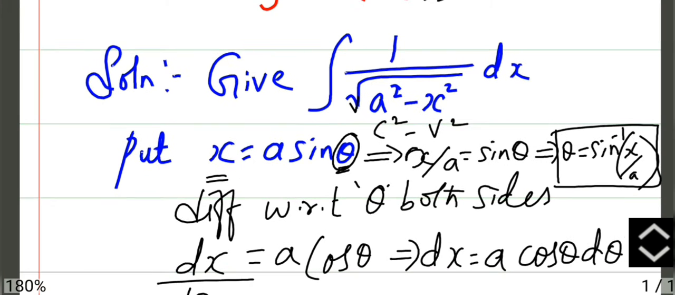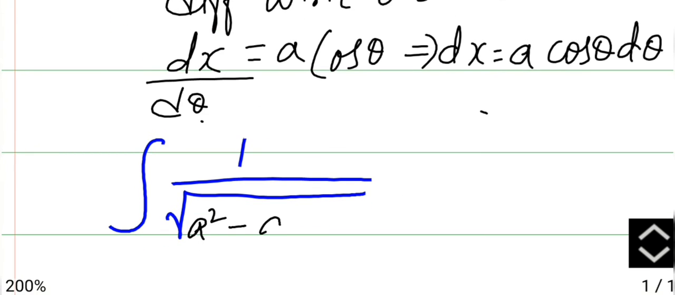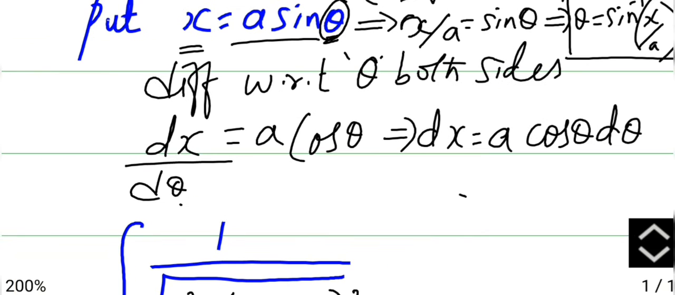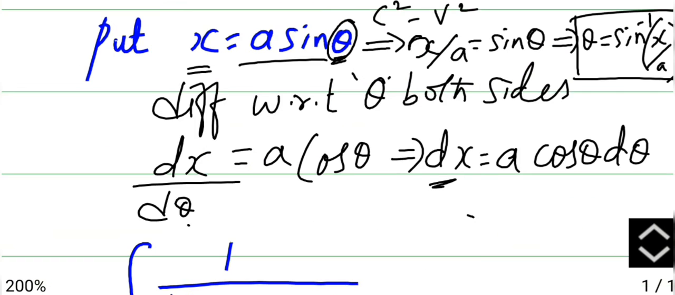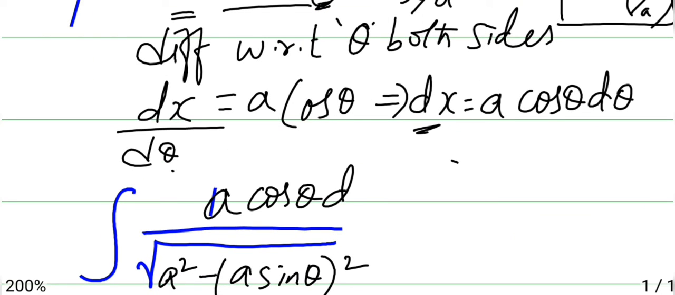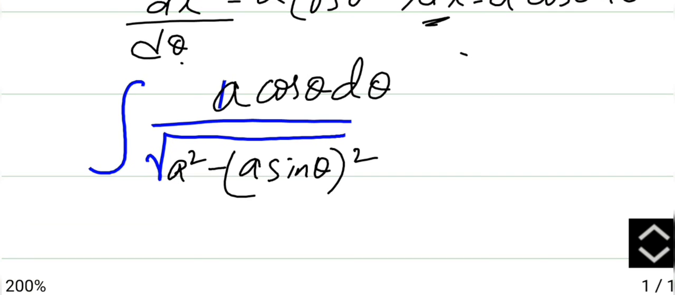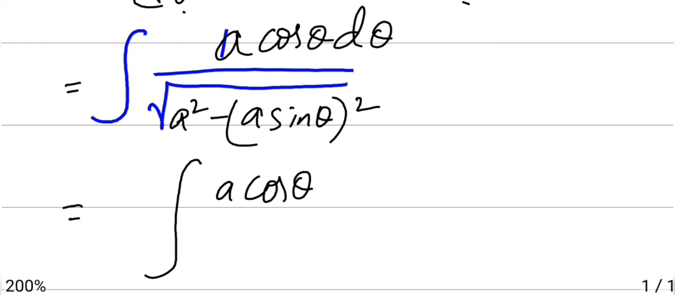Now substituting these values in the question, we get a square as it is minus x, where x we are taking as a sin theta, so it will be a sin theta whole square. Then we have here dx in the question. Our dx becomes a cos theta d theta. Now this is your problem. Now what we are going to do is a cos theta d theta, keep it as it is, divided by